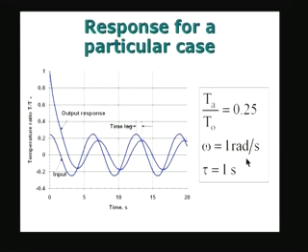I have just taken a particular case, and tau equal to 1 second. So, that omega tau product is equal to 1 in this particular case, and you will see that the input, the variation of the temperature, is according to this relationship. It starts with a value of 0.25 at t equal to 0, and it cycles according to the formula Ta by T naught is equal to 0.25 cos omega t. And the output starts initially from a value of 1, because T by T naught equal to 1 at t equal to 0,